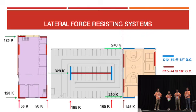And also, for all the lateral force resisting system, the core members, collector members, and shear walls were designed from the IBC worst case load combination of wind and seismic. As you can see in the diagram, you have shear forces coming from either wind or seismic. The portion on the right, which is the gymnasium, also the emergency shelter, does have wind coming in range